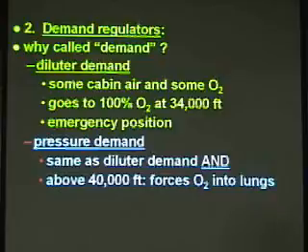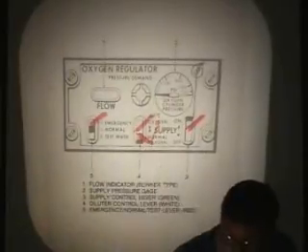But if you have a pressure demand system, unlike the diluter demand, which doesn't give you enough oxygen above 40,000 feet, the pressure demand system, if your cabin goes above 40,000 feet, whenever you inhale, gives you pressurized 100% oxygen that's at a higher pressure than cabin. So if you're above 40,000 feet with a pressure demand mask on and a pressure demand regulator in a normal position, and you inhale, it's going to actually push 100% oxygen into your lungs,